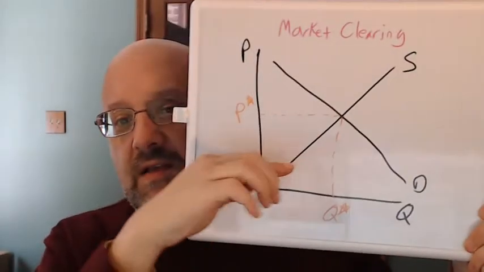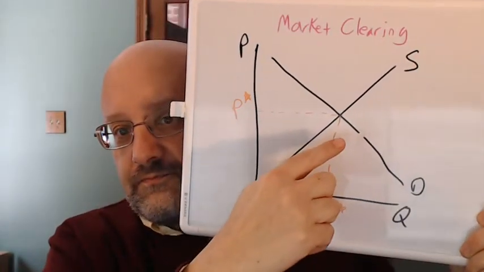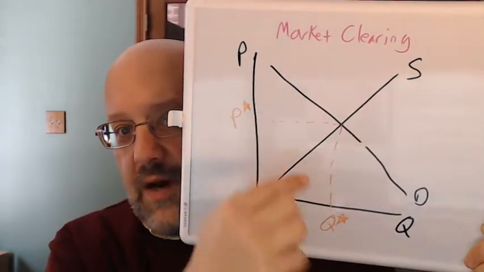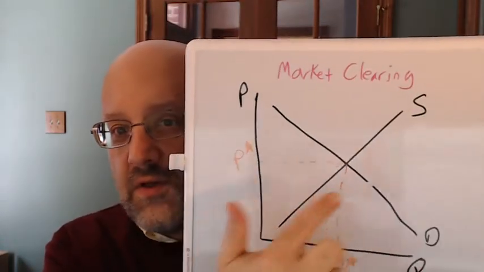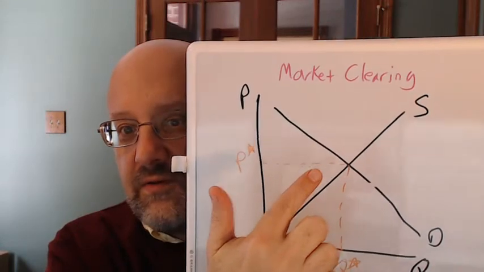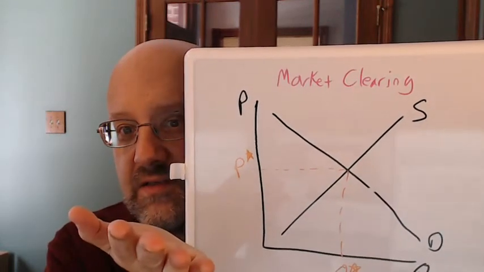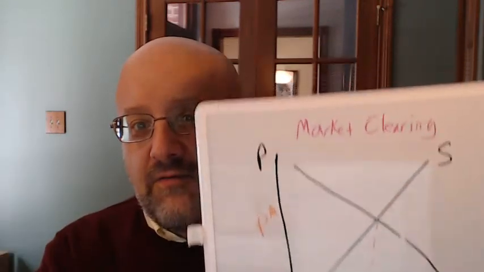And slowly over time, as our buyers begin to bid that price up, suppliers will offer more and more of the good. And we'll head back towards that market clearing position. As demanders push up the price, some people will say, well, now I can't afford the good anymore. Suppliers will say, we're willing to supply more at that higher price, and eventually we'll head back towards market clearing. Same thing if the price starts out above market clearing.